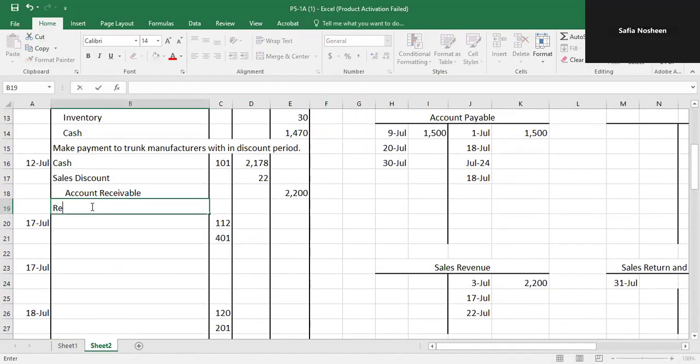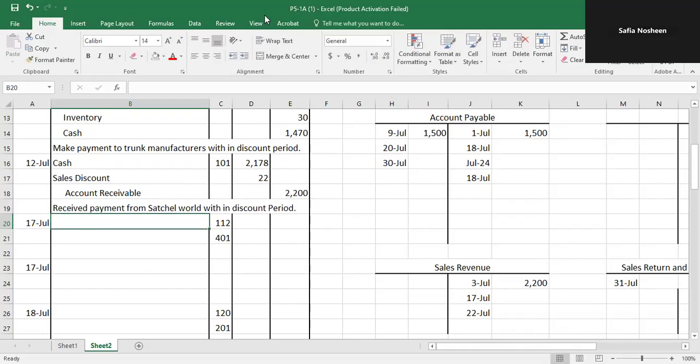So, received payment from Satchel World within the discount period. So this next is